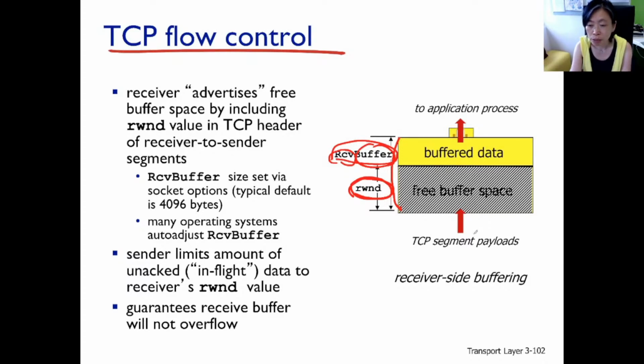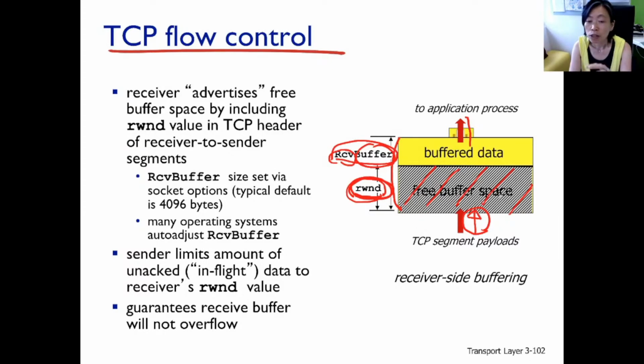Whenever the TCP receiver sends data to the upper layer, RWND is going to be decremented by the amount of bytes being passed up here. Whenever the application layer process is drawing data out of the buffer, RWND is going to be incremented by the number of bytes there. So RWND is essentially tracking the free buffer space.